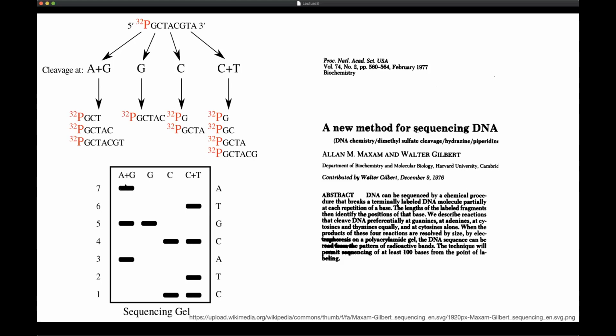And you see, oh, this got cut by something that recognizes A or G, but it wasn't cut by something that recognizes G, so it has to be an A, and it's not a C or a T, so the first position is an A. Then you move down, oh, there's a length 6, so the last nucleotide there was cut by a C and a T, but not a C, so it's a T, and so on. So this is quite laborious, but this was actually the more popular technique until about mid-1980s, at which point the